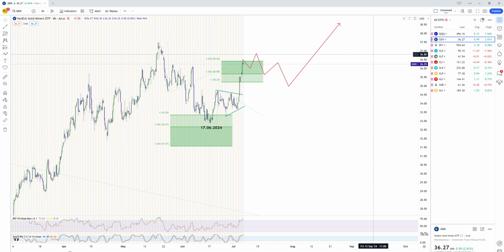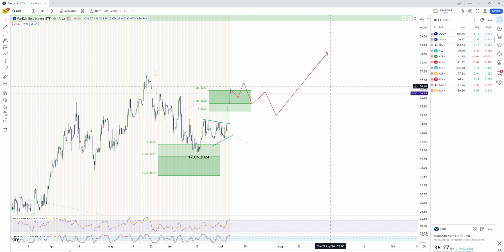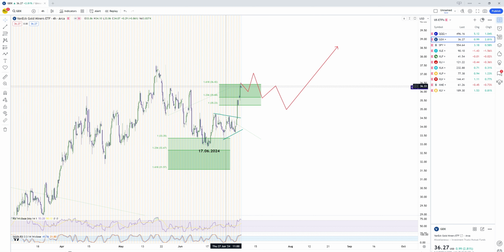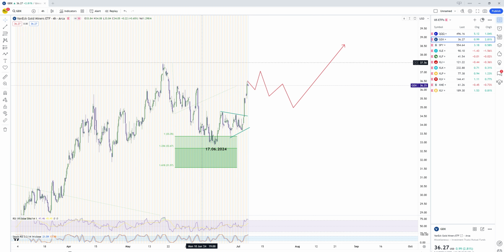And for the GDX, the gold miners ETF, we have got the move to the upside as we have been expecting. This was a buying area. Now, the way the market has closed over here, after a very small pullback, another high should follow, and soon we might get a pullback before we continue to the upside again. And this will be our view as well for the GDX, the gold miners ETF.